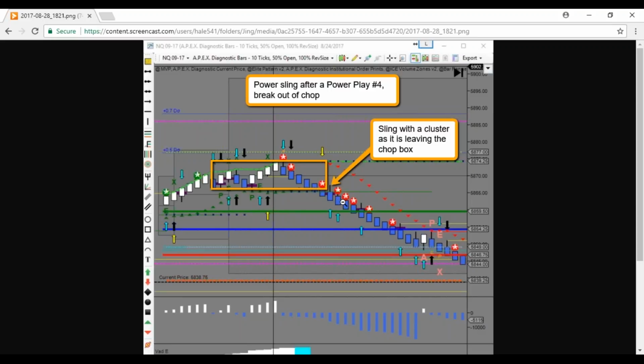Then what happens when we get down to this green ice level here? We do a little pullback, and we have a what? A sling with a cluster. Where does the market keep going? See that? Even another possible reentry down there. Okay, but we're not so much focused on those. I mean, here's another one at the blue ice that you could have popped another 10 ticks on or kept going. So we're not necessarily focusing on these other potential entries, but I'm just pointing them out